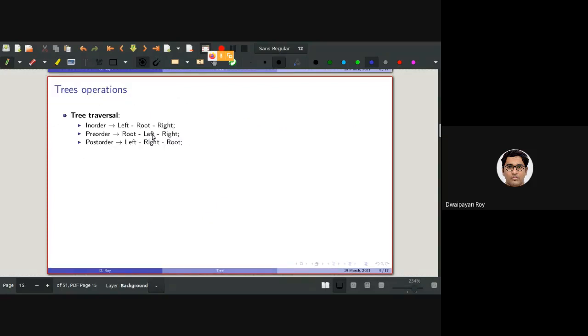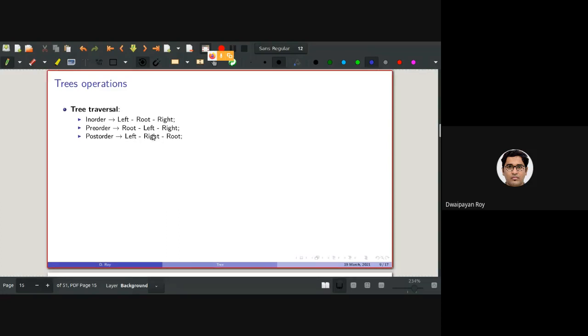All right. So we have seen so far the operations related to a tree, particularly tree traversal, when we discussed in-order, pre-order, and post-order. In-order is left, root, right; pre-order is root, left, right; and post-order is left, right, root. By traversal, we have stated that traversal is the operation to visit or to process all the nodes in a tree.